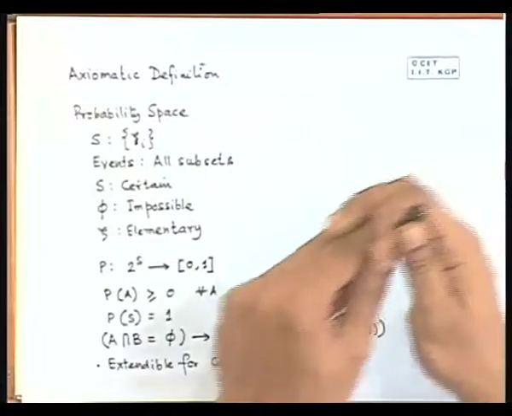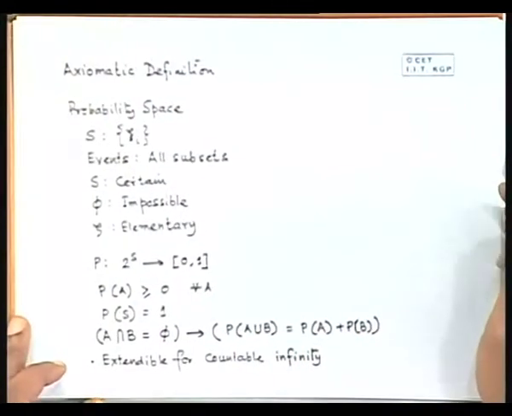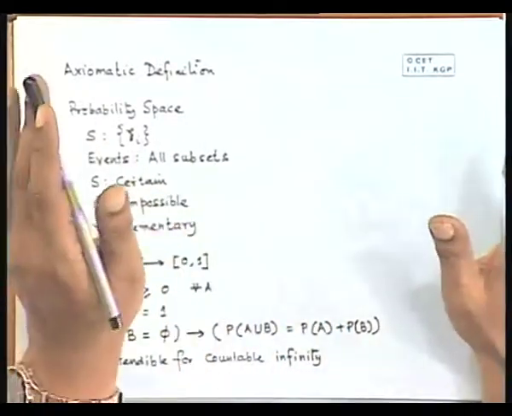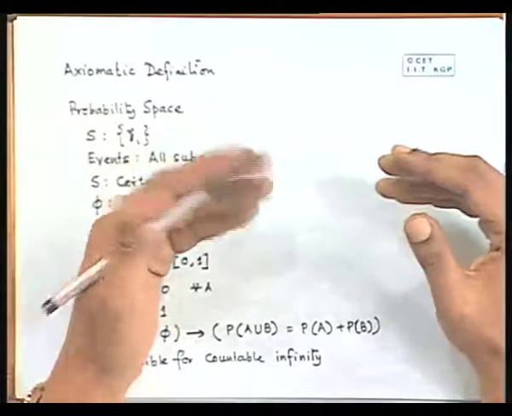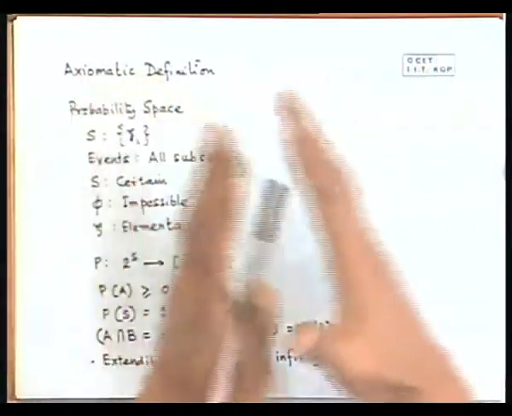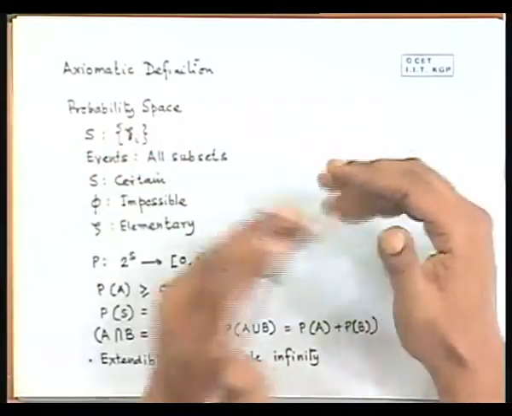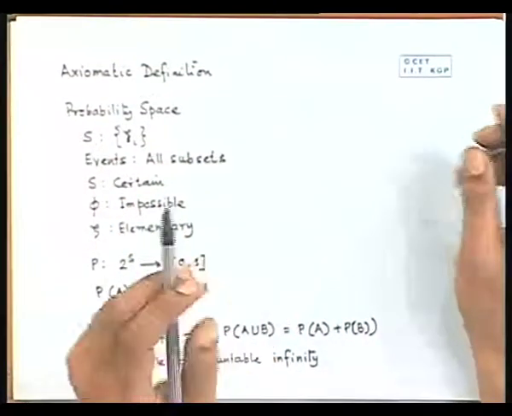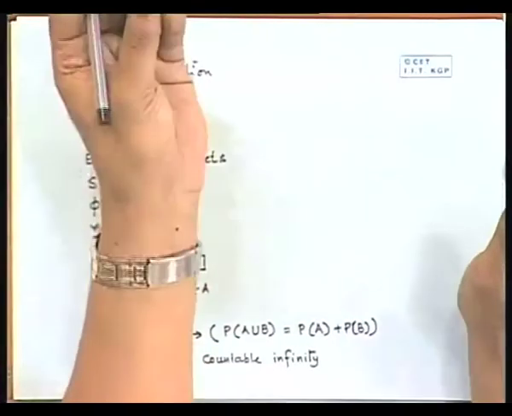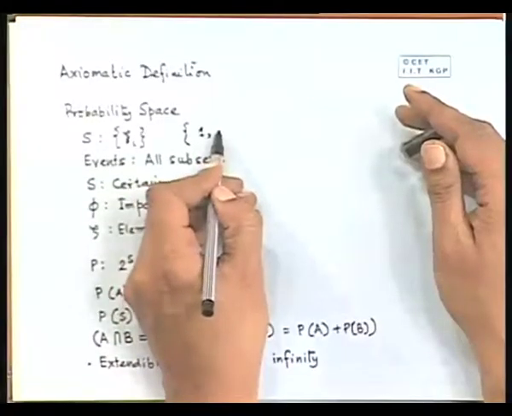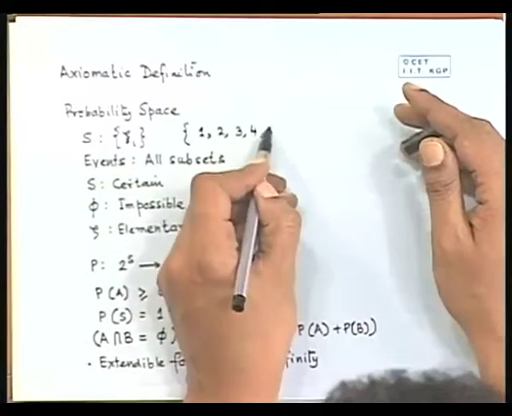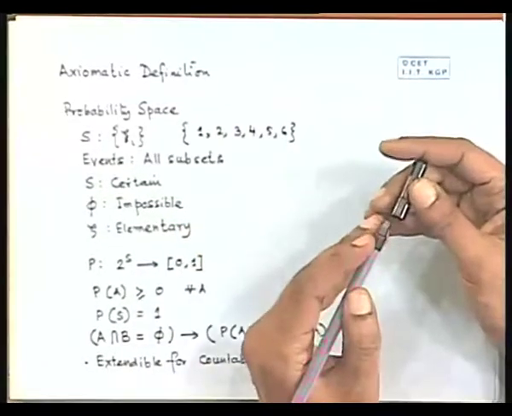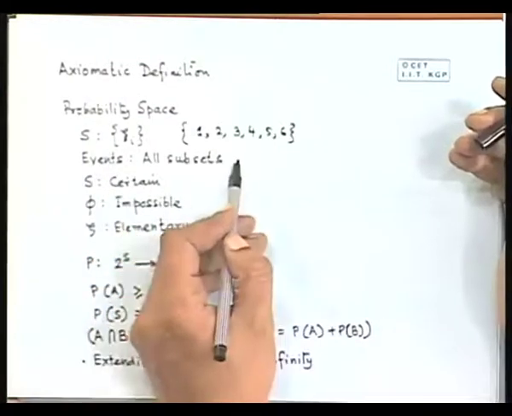Before defining that, people generally define what is known as a probability space. Don't get intimidated by terms. They are really simple quantities. Only mathematicians are very rigorous, so they would like to give terms to everything and leave nothing unstated. So it sounds a bit complicated, but it makes sense intuitively. First of all, they will define a set called S, which is the set of all possible outcomes. So if you toss a die, this set is going to be 1, 2, 3, 4, 5, 6. This is your set S. And events are all subsets of S,